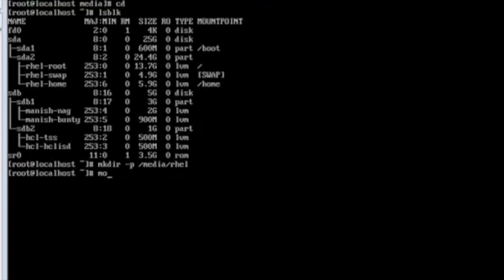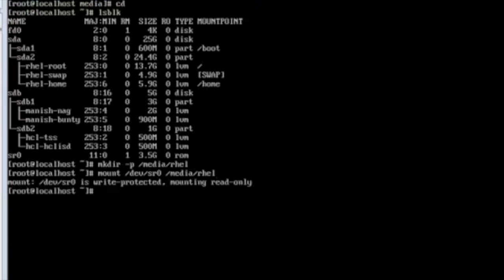So how will you do it? mount /dev/sr0, and then the path /media/rhel. Can you see it already got mounted, and now you have to create the repository in Yum.